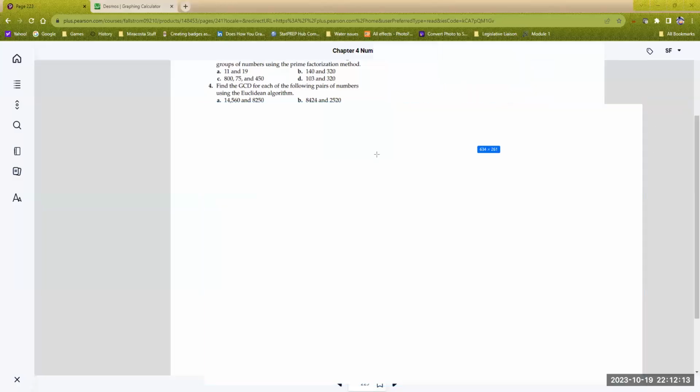So we're going to jump into Desmos a little bit here. So we're going to do 14,560 and 8,250. Okay. So those are the two numbers that I want to check. I want to find the GCD of these two numbers. All right, so if I'm off on the side, I'm over here and I'm saying, okay, I got